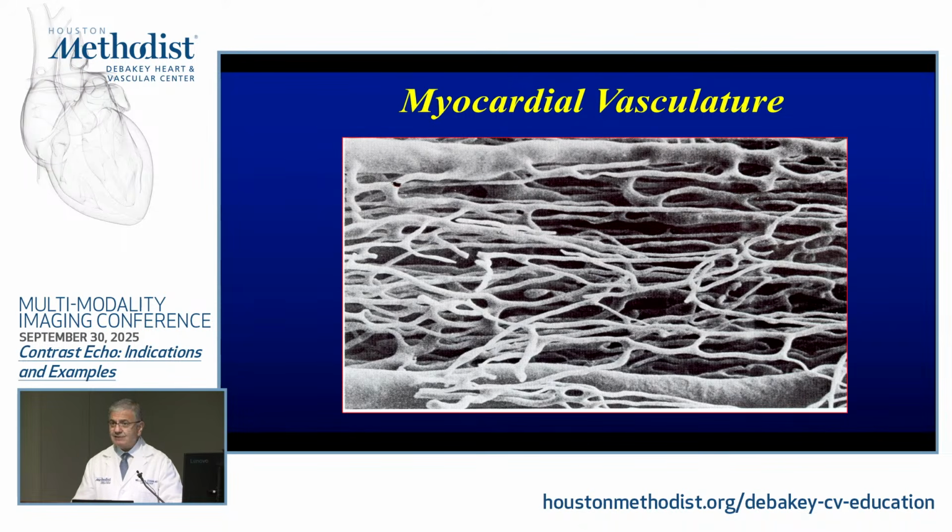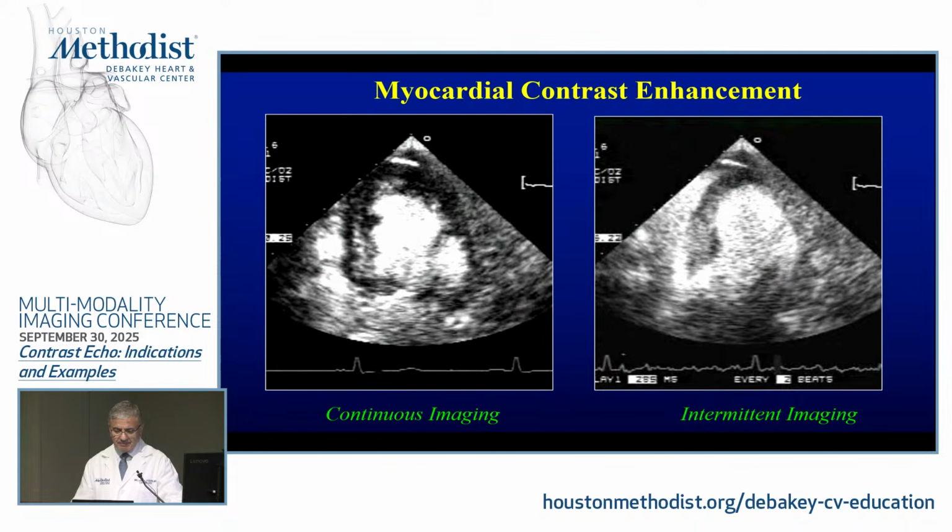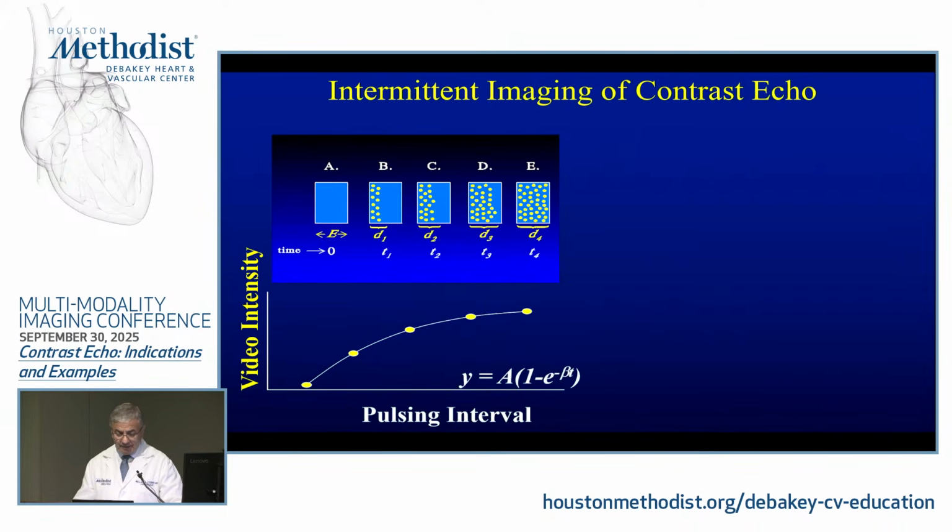So that's why, obviously, in regular imaging with high MI, you may not see any contrast per se. And there's intermittent imaging at the time. If you use intermittent, you could see the difference between the left and the right. Academic careers were built on this. This is from when they were at UVA. This is from Dr. Sanjiv Kaul and Kevin Wei and Jonathan Lindner, looking at how you quantitate flow using this agent, right? So you destroy with a little flash, and then image intermittently, and the contrast will fill in,